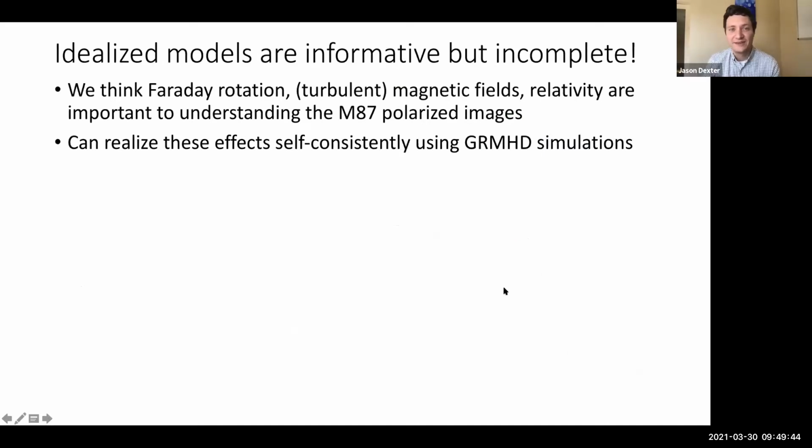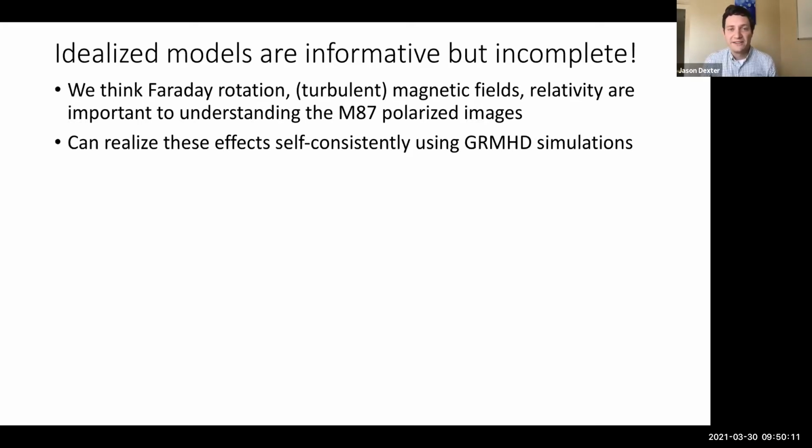So you may have noticed these qualitative results are, I think, great. They're very informative and end up being consistent with what we think is the full picture. But I would just note that they're also sort of in tension with each other, right? We just said that we think Faraday rotation is probably pretty important. That causes oscillations in the EVPA. And yet we're reading off the EVPA at the same time and saying that, aha, that tells us that there are dynamically important, strong magnetic fields.